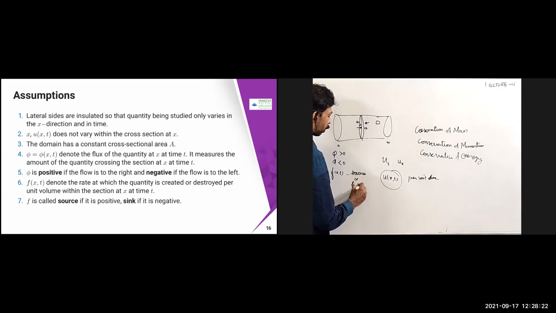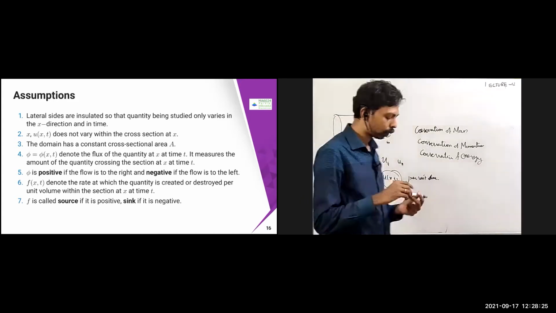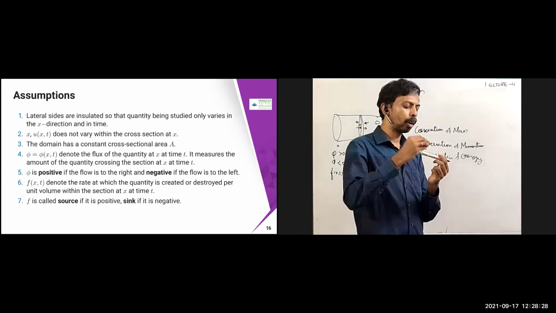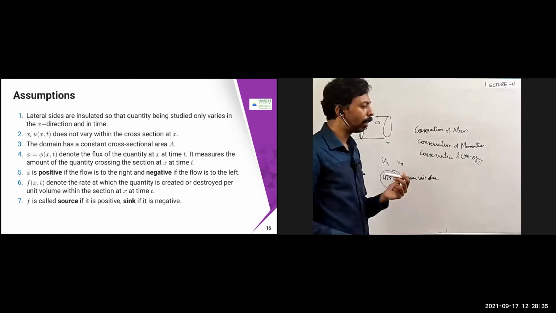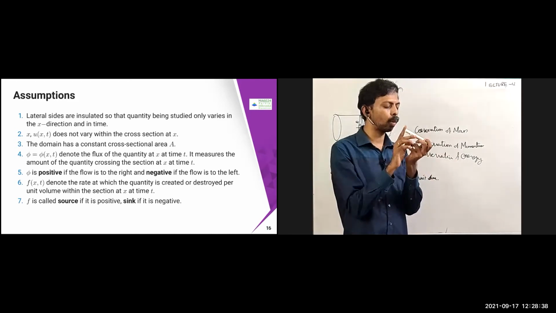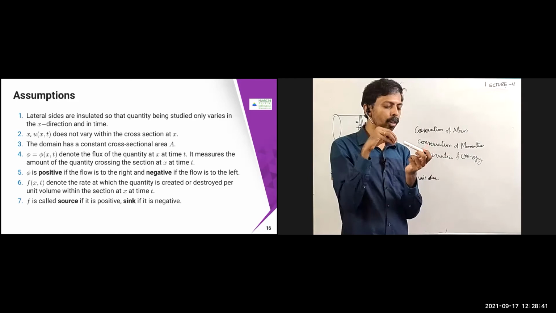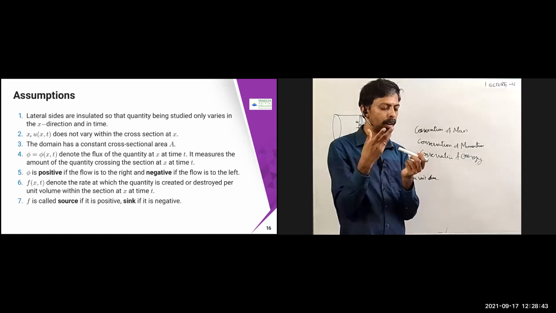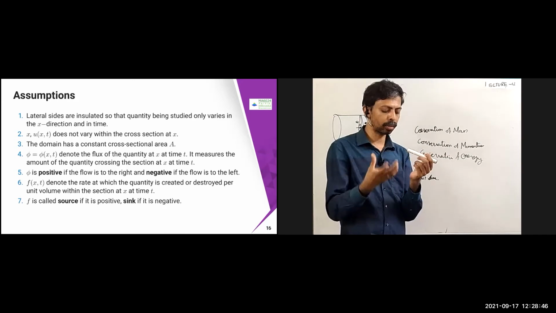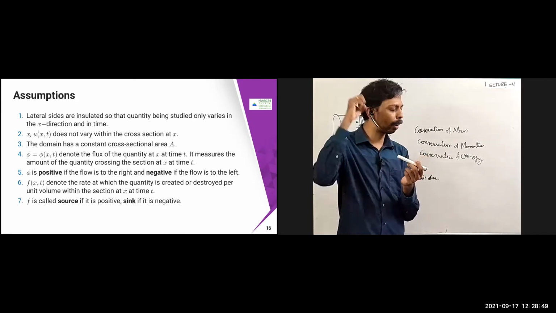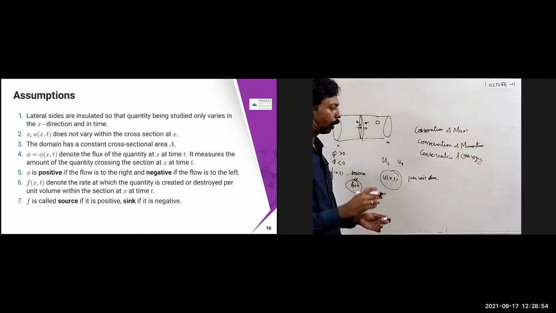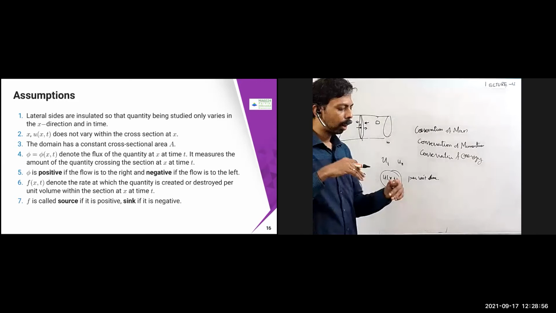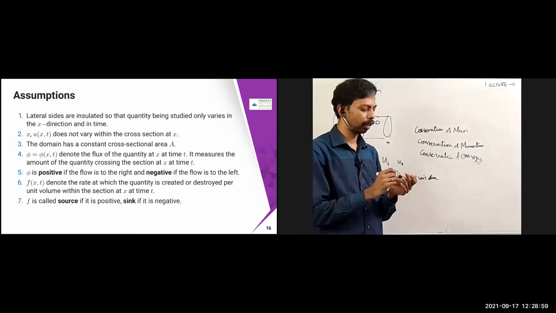Suppose we have kept some rod in that, and you are adding more heat, like putting some fire on it, then it is going to get much hotter. Instead, suppose the rod is already overheated and you are not able to touch it. Like when milk is boiling very much, your mom or your cook will sprinkle some water, right? That is nothing but the sink. Sink means you are going to dissipate that; you are going to control that heat.